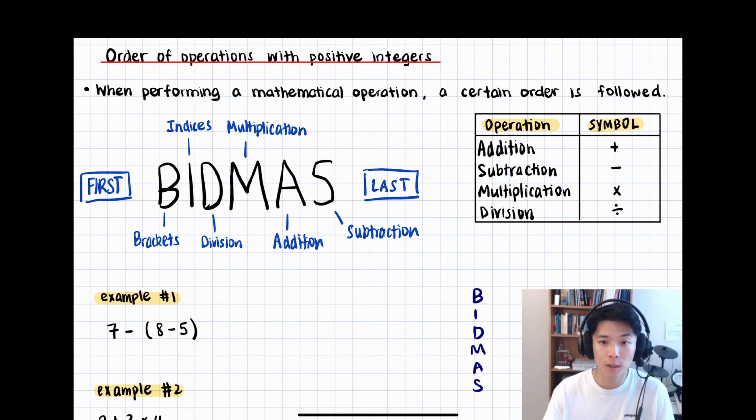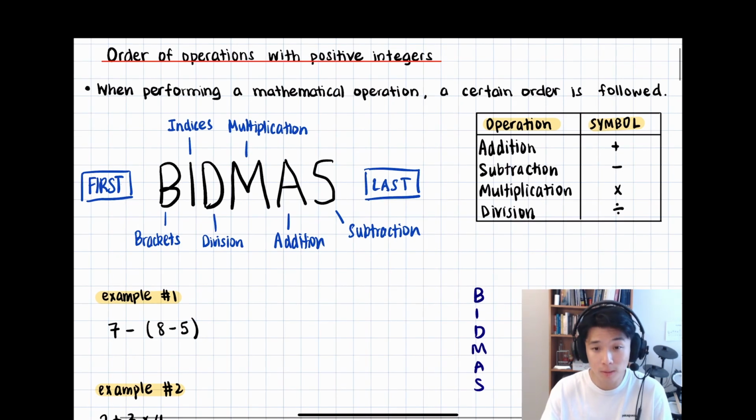Now the order of operations tells us in which order we do mathematical operations in. What are mathematical operations? I'm talking about addition, subtraction, multiplication, and division. You see, in mathematics there is an agreed order in which we do those, and that's what we're going to be learning about today. Now, there's a helpful acronym or mnemonic that helps us remember the order, and it's called